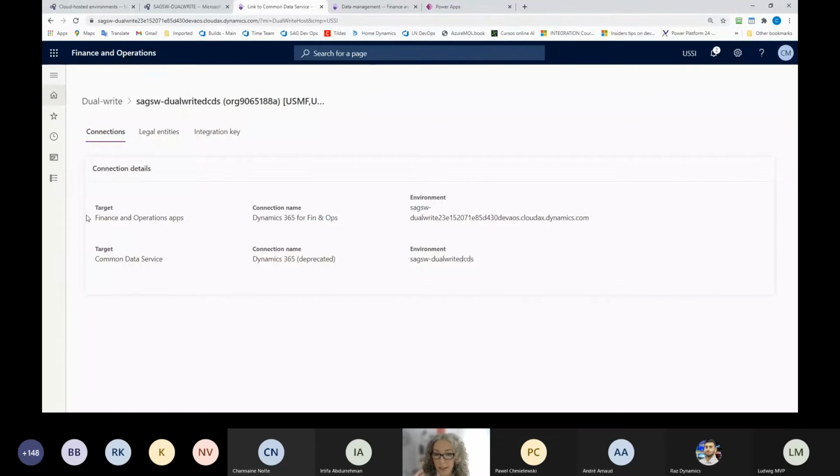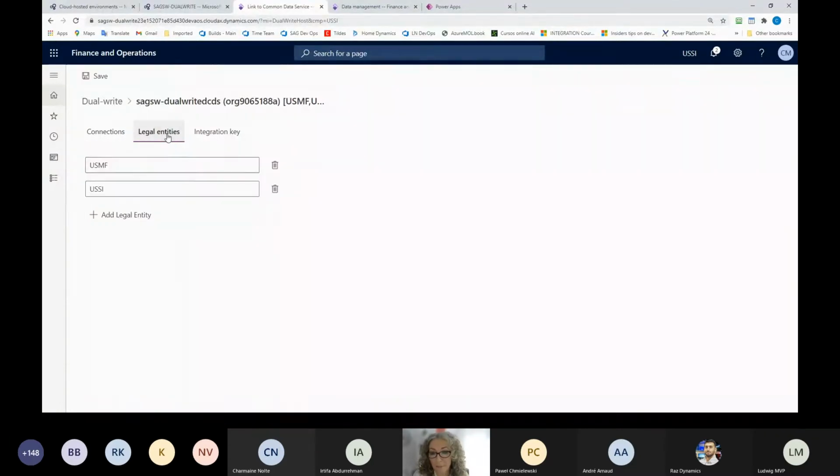So here I can see all the details of my connection, the environment in F&O, the environment in Dataverse, and also the connections that are being used. So these connections are the ones that I'll use to integrate. And then in legal entities, I can see I have two legal entities integrated,